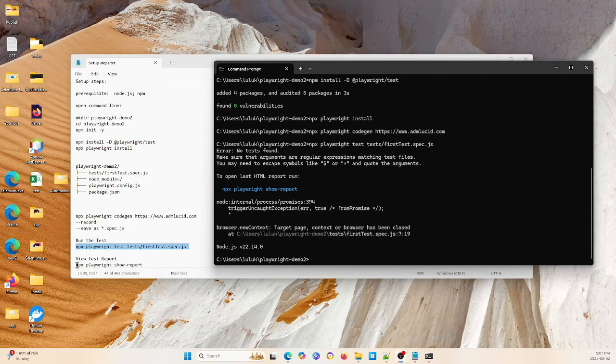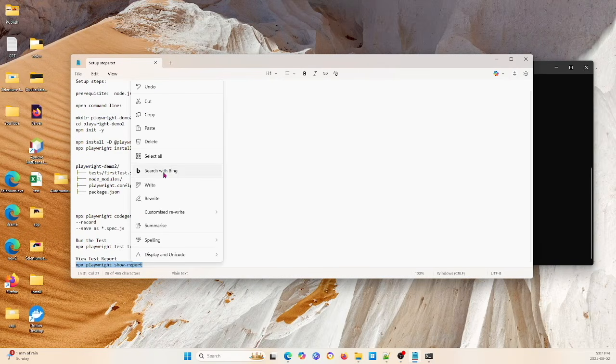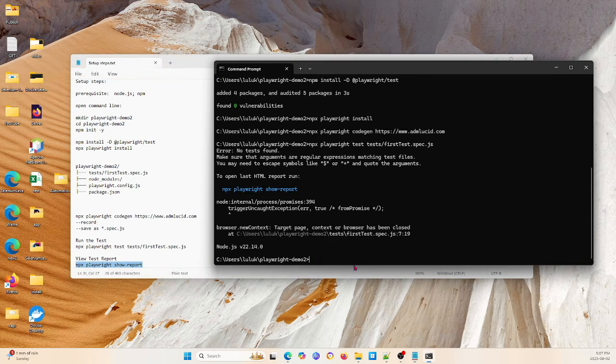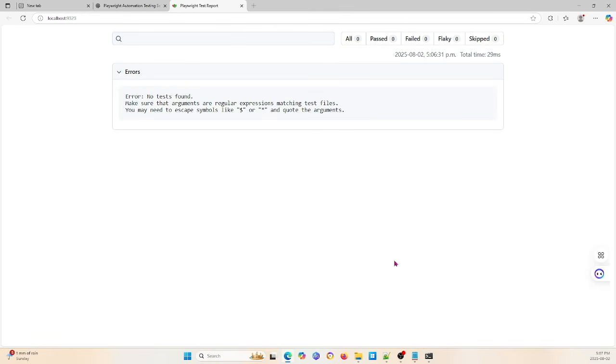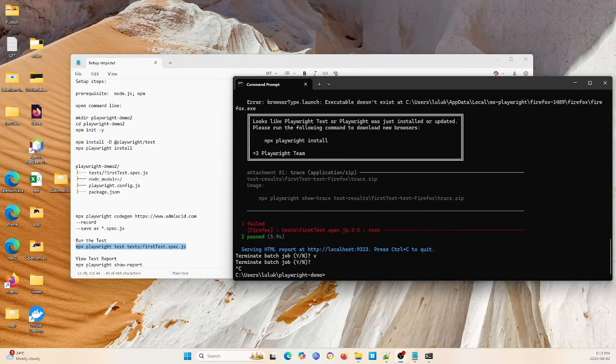After the run, I can use this command to open the reports. No test failed. Okay, I check what happened. Okay, I check the steps. Yeah, we missed some steps, so I redo it again and create a Playwright demo,